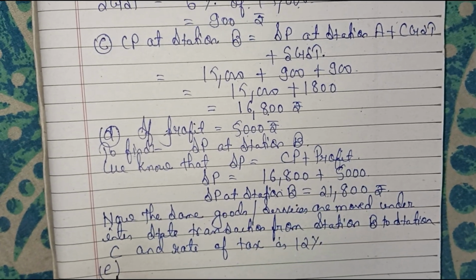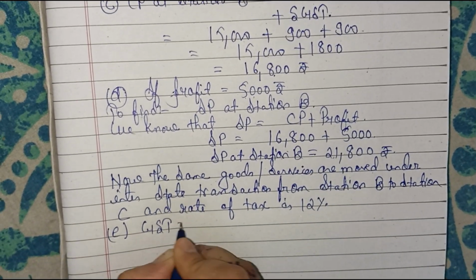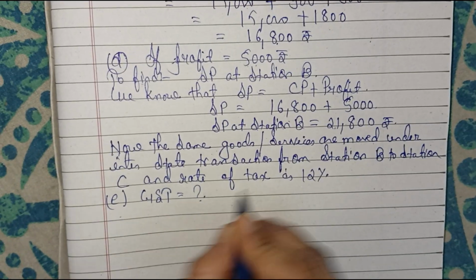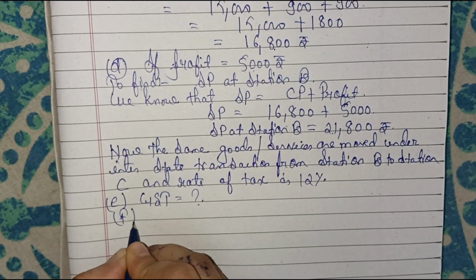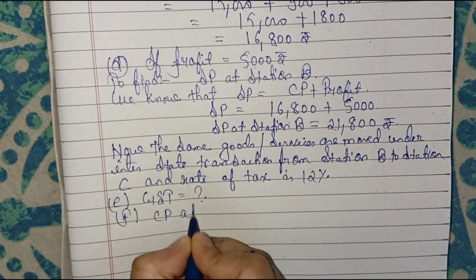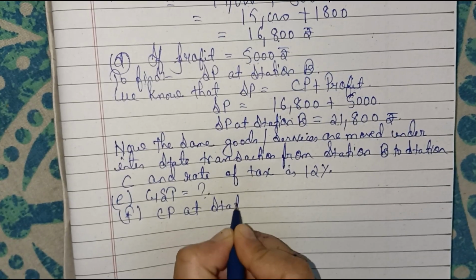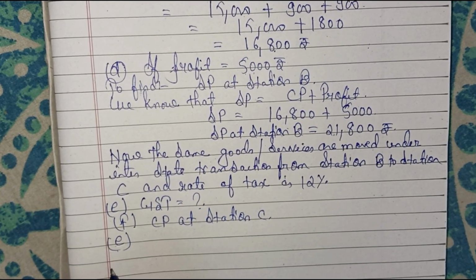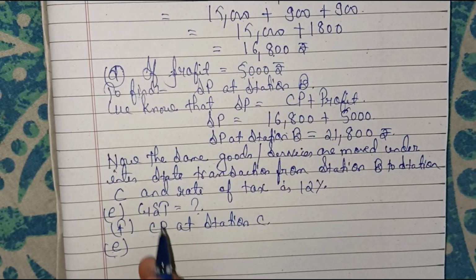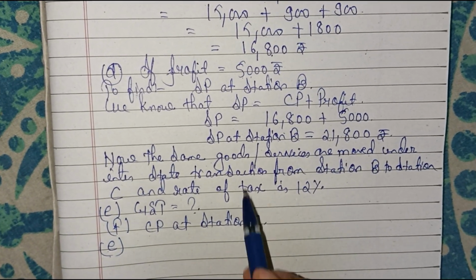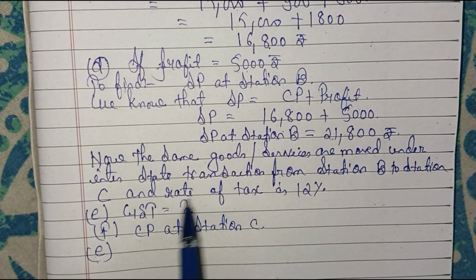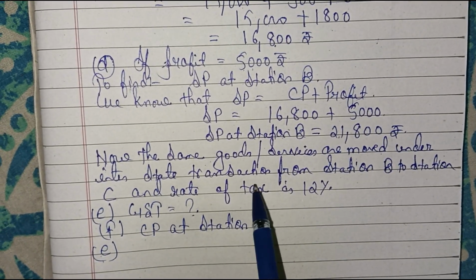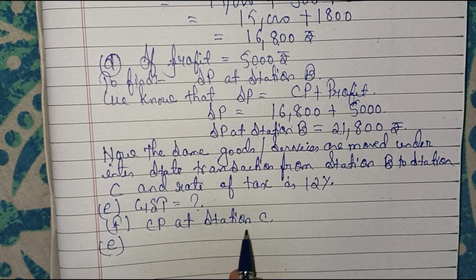Then the question is GST equal to what? And the next question is CP at station C. For solving question E, here given that it is the case of interstate transaction, therefore we have to find